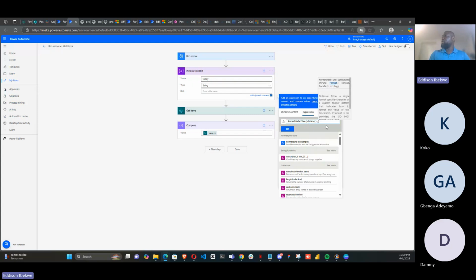Then we can give it the format that we want. So what format do we want it to be? It will ask you the format you want, and there are so many formats for dates. So what kind of date format do you want? First of all, the thing we need to put is this, and then you write,